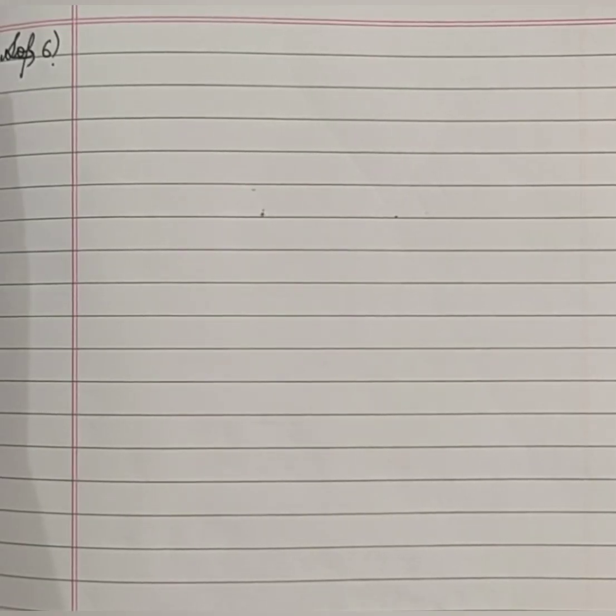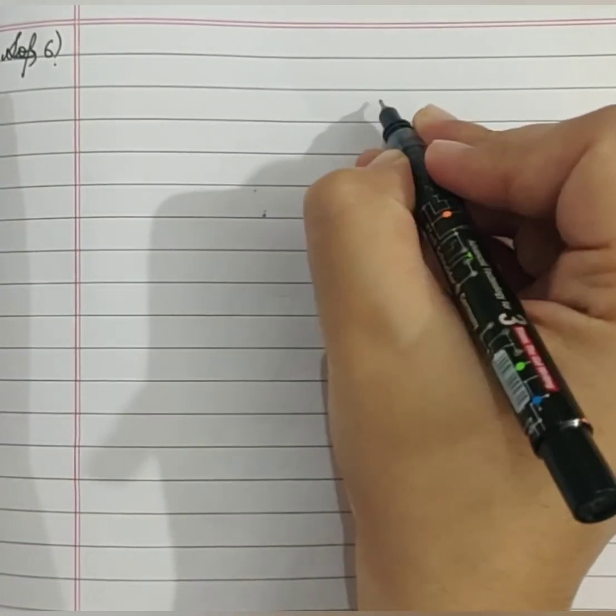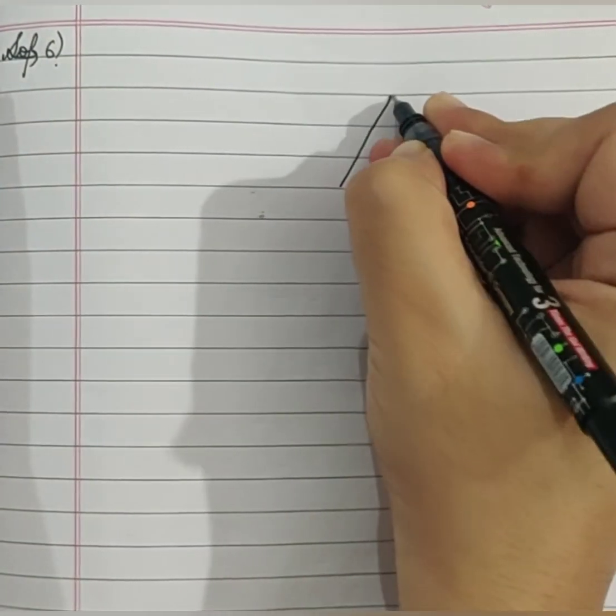Now let's start with question number 6. The figure is already provided for this question. Let us consider that the figure is not given in this question. We'll make our own figure. This way we'll also learn how the figures are constructed through the given data. The side QR of a triangle PQR. So that means we are having a triangle PQR.